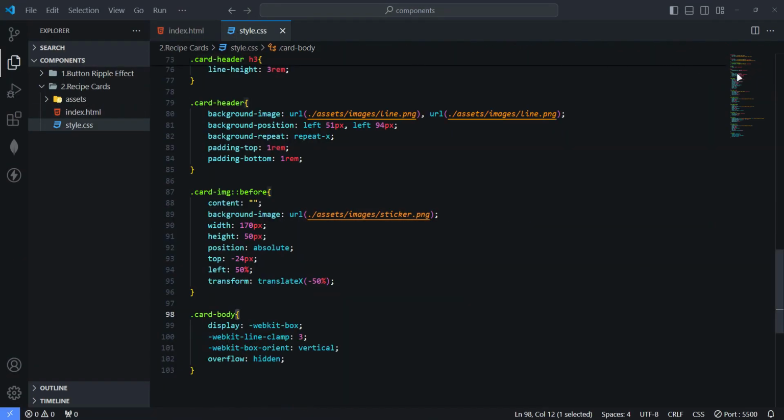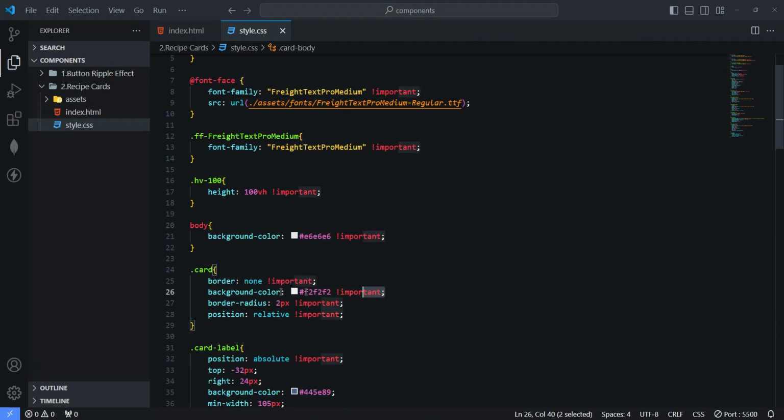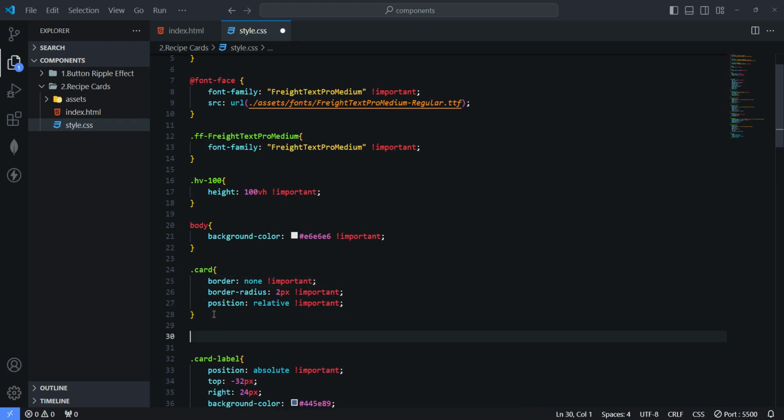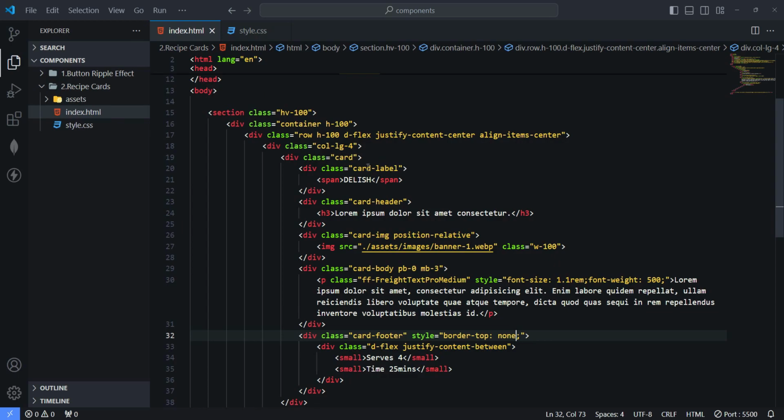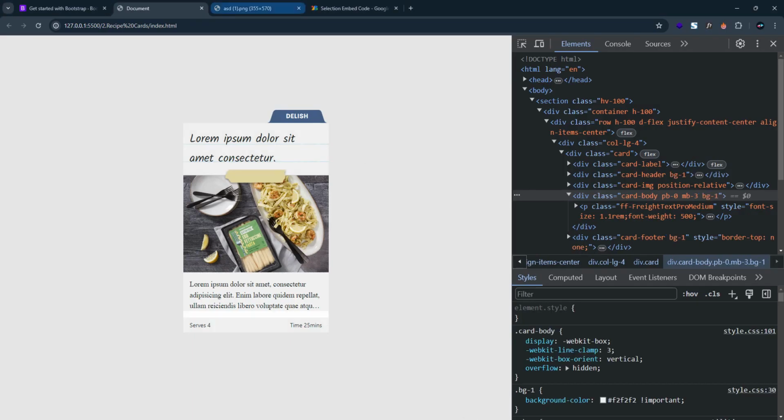For that, we go to the style sheet, to the card rule, we copy the background color property, and we're going to create a class called bg1. We open and close curly braces and we paste. We save the changes, copy the class, and we paste it into each of them, starting with the card header. We'll also place it in the card body and also in the card footer. I'll save the changes, check, and as you can see here, there's something missing,